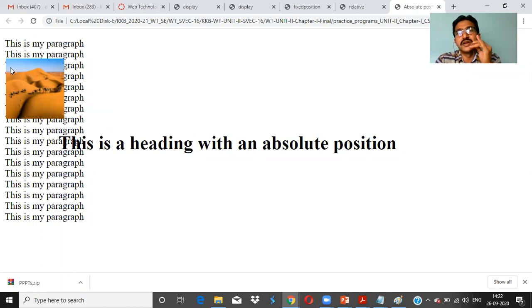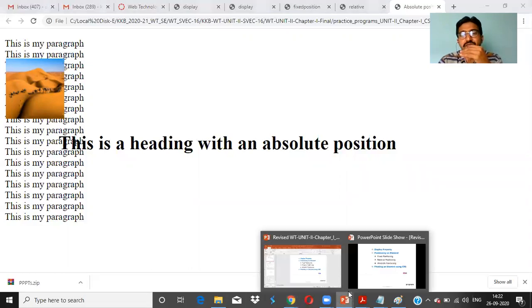So relative is automatically adjusted. Fixed means there is no change at all. It will overwrite one another or overlap another. Absolute means exact position that will display. But which one has to display? Whether this has to display or this has to display means absolutely to whom it is applicable, this will become first and text will come behind. So when you observe in Word, when you right click the images, we have bring front, bring backward, like this we have some options, right? The same fashion here also, the positions: we talked about the 3 types of positions: relative, absolute, and fixed.